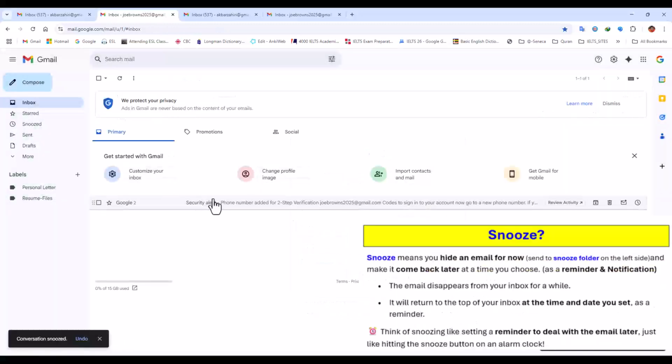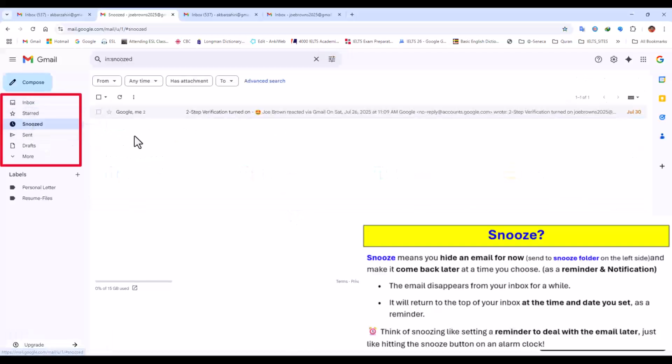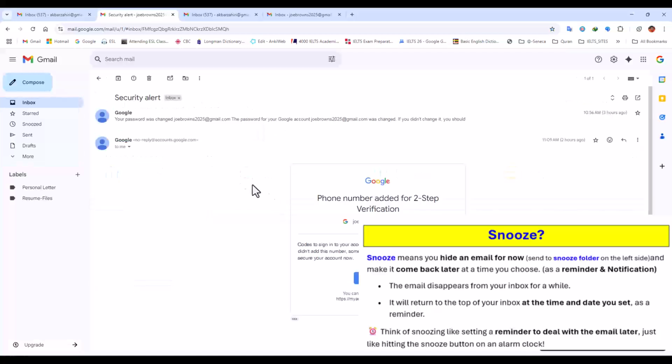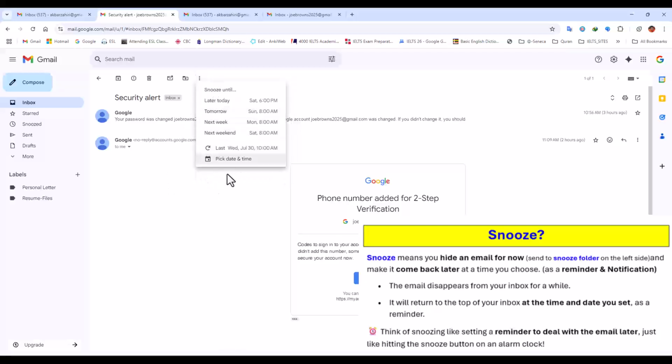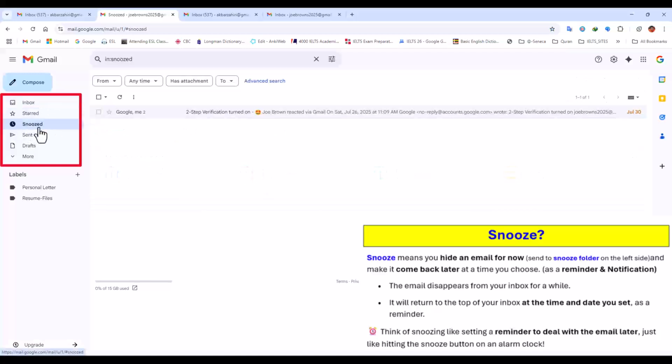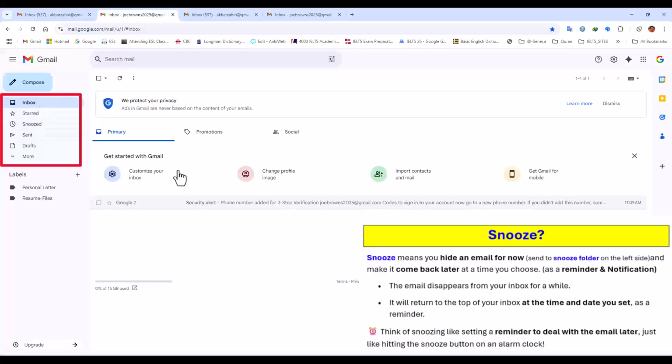And it will be snoozed, and you see it is not here. Where is it? It is in snooze. When I go here, I can access it in the snooze folder. And on the 30th of July, it will automatically come back to my inbox at that time. So when you snooze a file, because it is important to see it later, it will be gone from your inbox. Then it will go to the snoozed folder, and automatically at that time it will come back as an unread message. It is a kind of reminder, a notification, a kind of working with a calendar, but it is in your Gmail snooze.